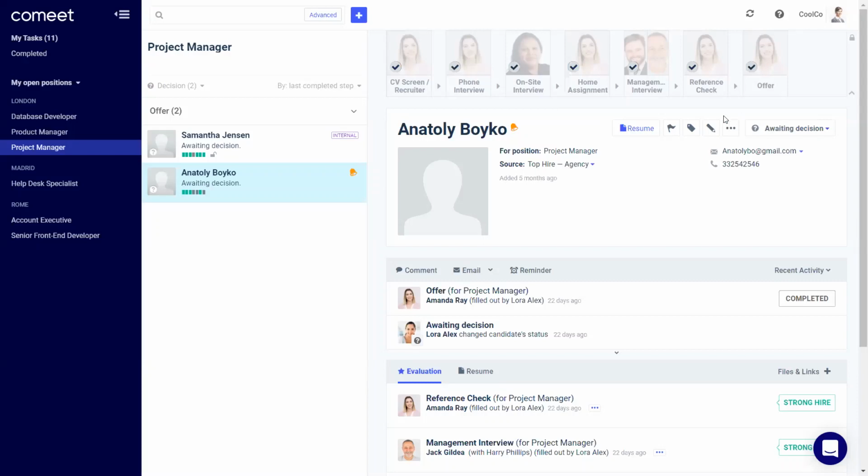If I get really excited about the candidate and the reference check and I hire him here before completing the offer, we won't be able to show you offer acceptance rates because there won't be an offer. So it's really important to do the whole workflow. Now, go ahead and